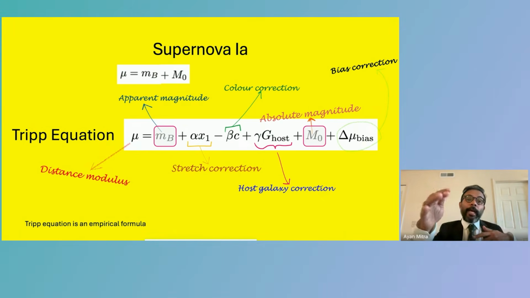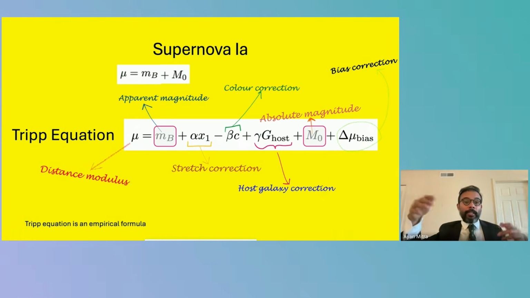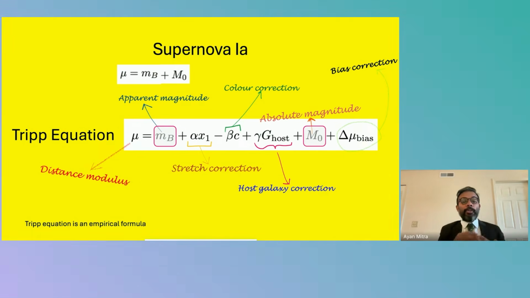With respect to that, how much farther the supernova in the real night observation is, and then we compare and put an apparent magnitude, which is mB. Adding or subtracting between those gives you the distance, which we call the distance modulus. That is how simple it is. So you measure the brightness of a supernova because it has a fixed luminosity, and after some corrections you can use it as a standard candle.